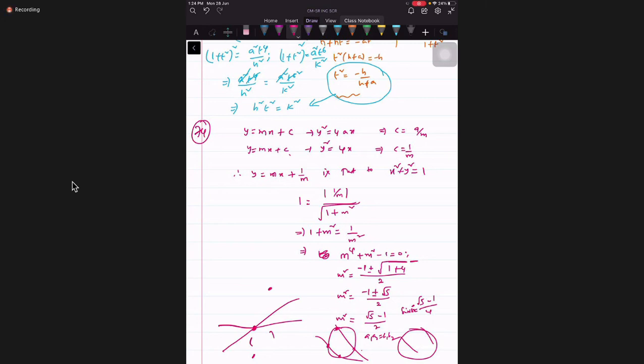Then you can take locus is h comma k, midpoint h comma k you can take. Then A into T1 square plus T2 square by 2 and A into T1 plus T2. Then you can take T2 in terms of T1, and then we have to start solving. Then h comma k is in terms of A and T1. H is there in terms of A and T1, K is also there in terms of A and T1. From both, you find T1 out, the relation between them. T1 from both things, if you find, you will get the answer. It's easy, you can do this question.